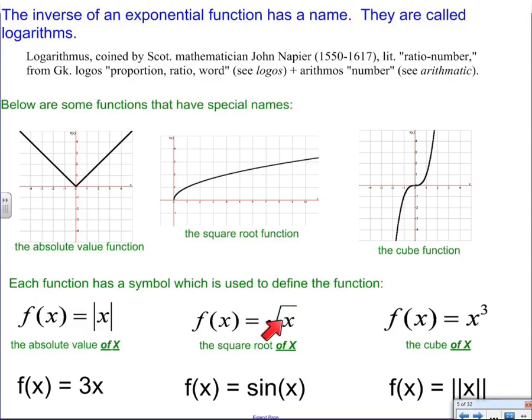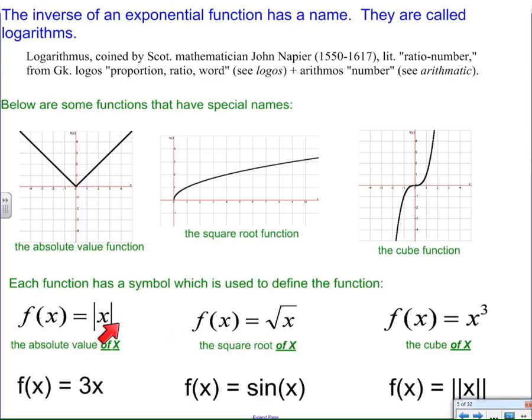Here, this is called the square root. Square root is shorthand for the number which could be multiplied by itself to produce the number inside, or something like that. My point is, rather than use all those words and confuse everything with the English language, we cut straight to the symbol itself. So sine is a symbol. 3 as an exponent is a symbol. This is a symbol. This is not double absolute value. It's called the greatest integer function. You don't have to know what it means, but just understand that we use symbols all the time in mathematics